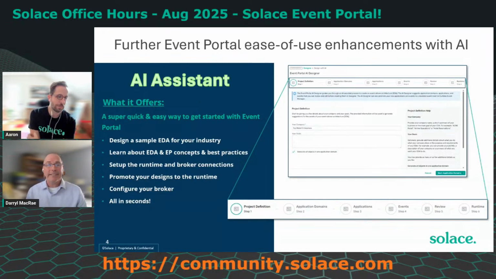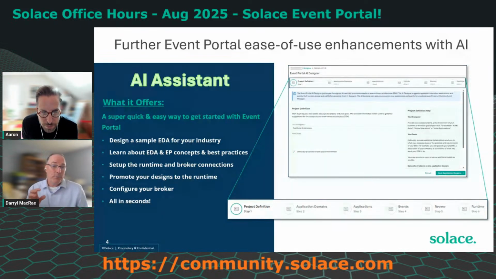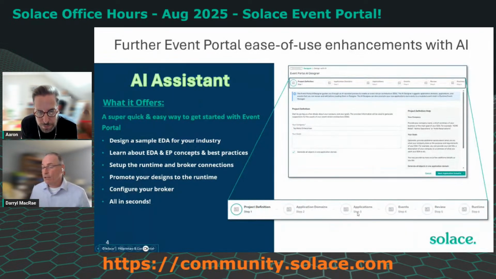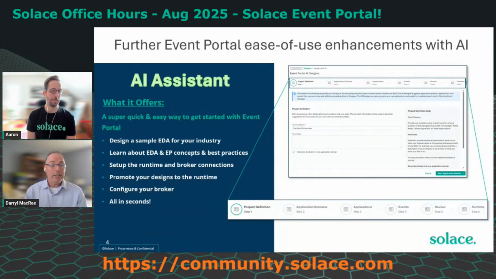And you can edit it and augment it as you go through, or you can just go click, click, click, click, click to the end, and you can see these steps. So it does a definition, it builds the app domains, how it could be separated into different teams or functional areas. It creates the applications, the events, the subscriptions that are going to track those events for each of the applications, and then you can review it. And what it'll do now is it'll allow you to even set up the runtime. So it'll set up the runtime event manager part,